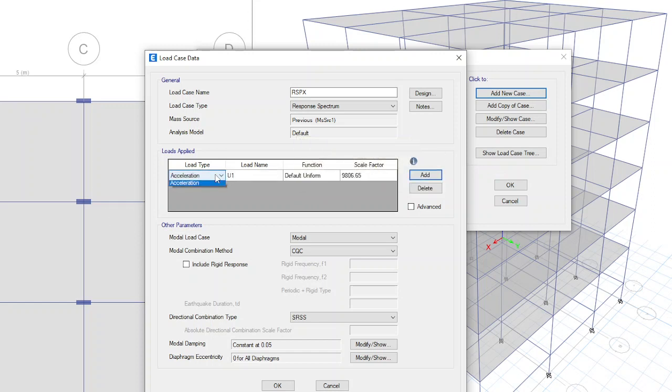Then you can see acceleration. The load name is U1. U1 is for X direction. If you want Y direction, then it should be U2. For now let it be U1. In the function drop down, select zone 2 RS, which we have defined now.